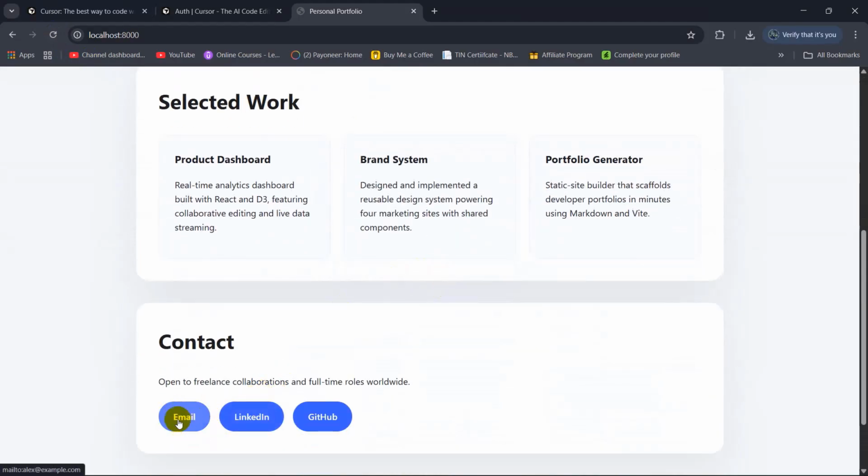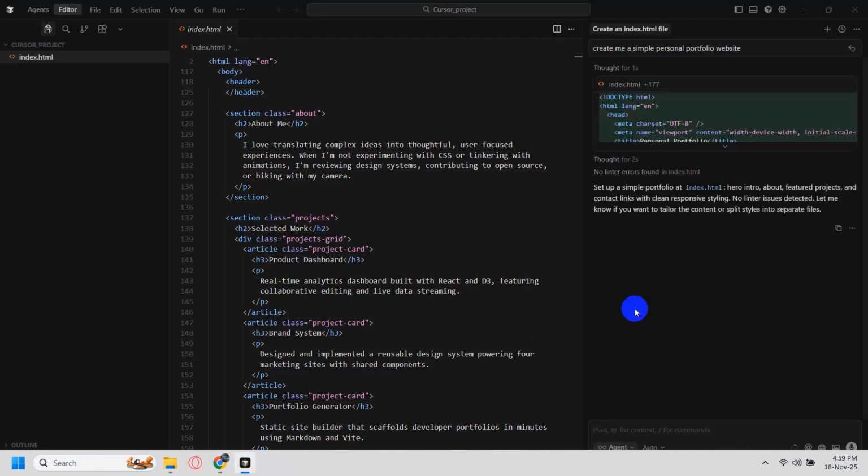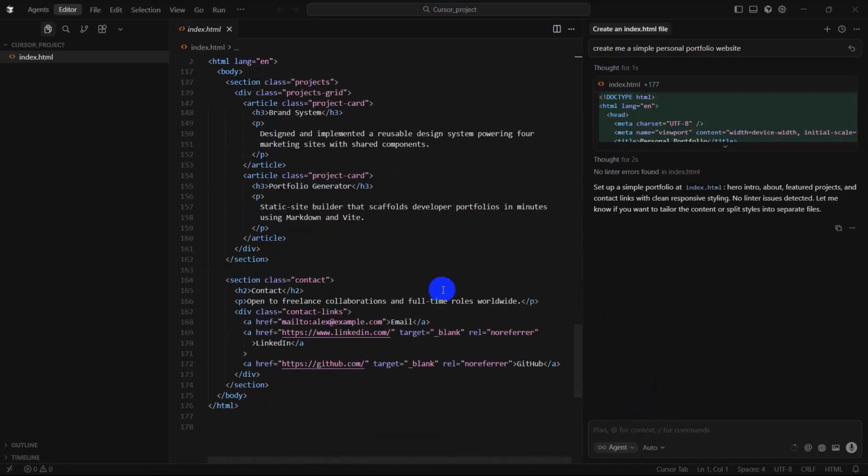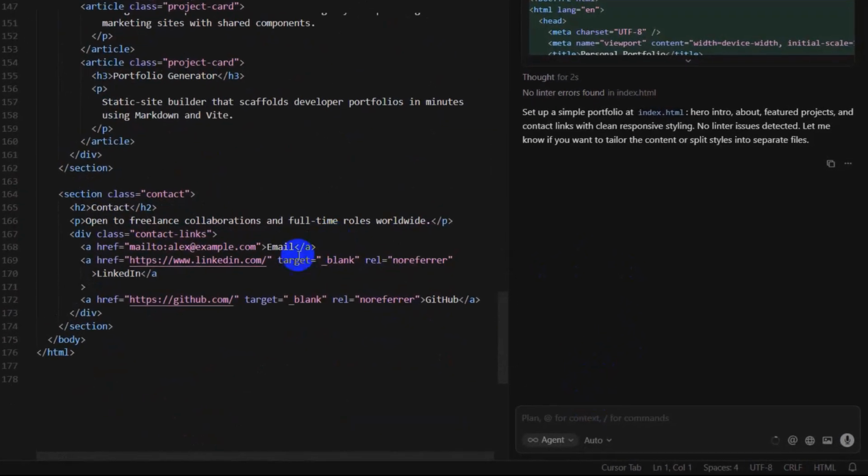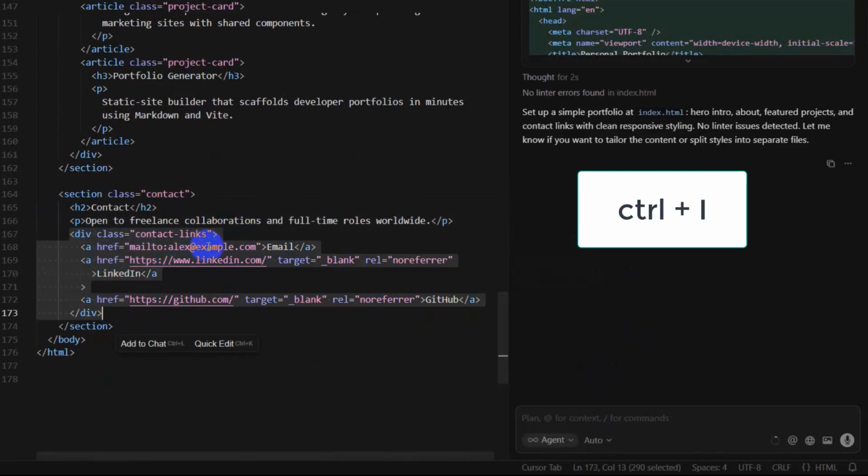So let's say here you can see we have some button over here. So we want different design for this button. So we can say this directly in the chat, or what we can do is that we can just go to the button. Here you can see. So here we have the button. Here you can see GitHub, LinkedIn and email, right? So what we are going to do is that I'm just going to select this portion of code, this div, then I'm going to press Ctrl+I,